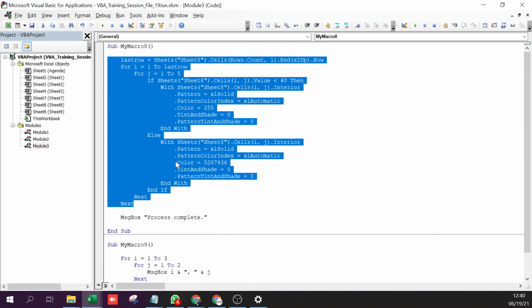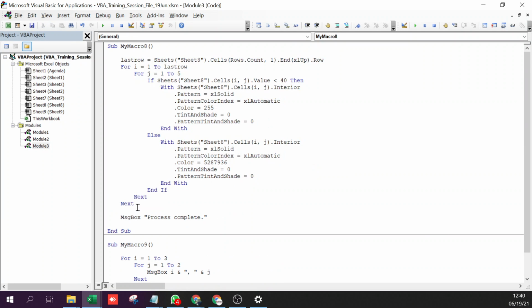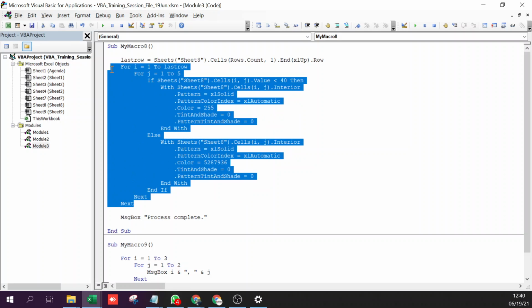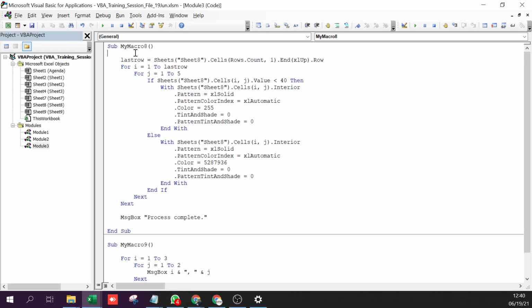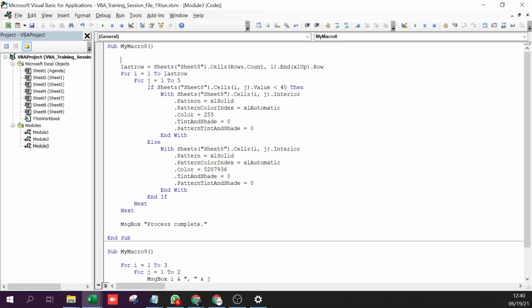So if I have to run this code on two different sheets, I write another loop at the top, for I and J. Normally I is used for rows, J for columns, and K for sheets. K equals your sheet numbers.